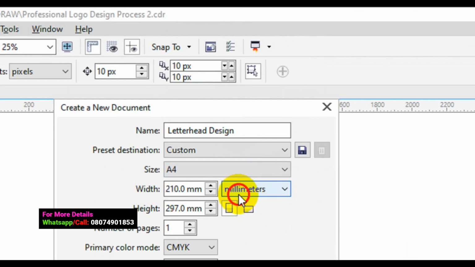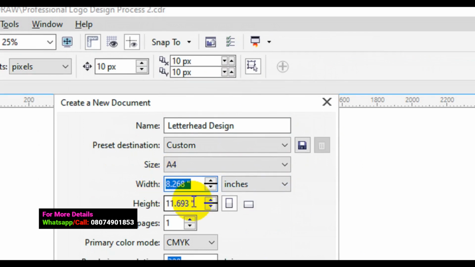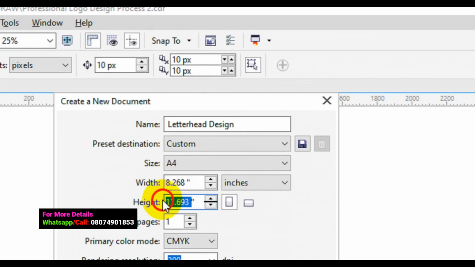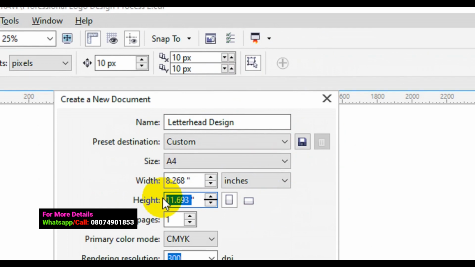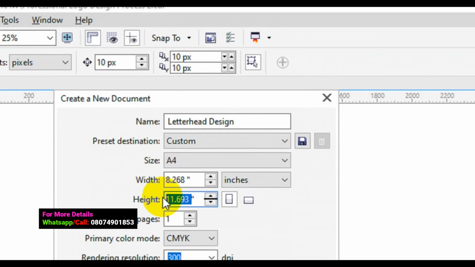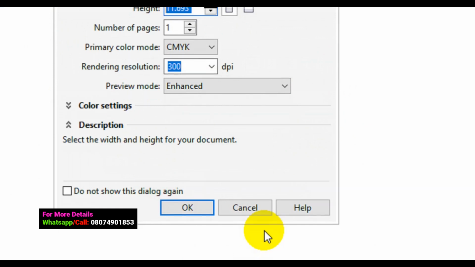Having selected A4, you see everything turned to millimeters, so it is advisable we turn it back to inches. When we change it back to inches, you can see the figure here, but this figure is not exactly what we need. We need to add a bleed area to the width and the height of the letterhead. So how do we do that? We need to copy this